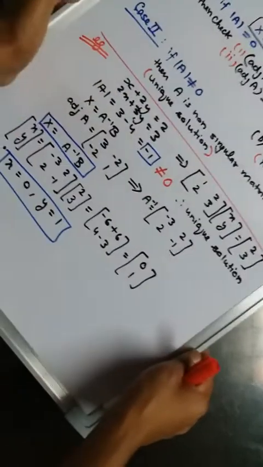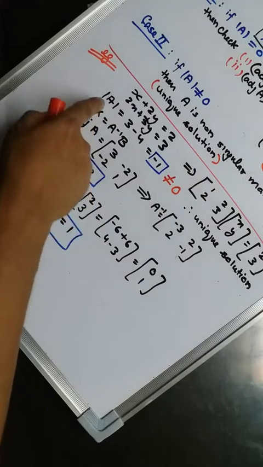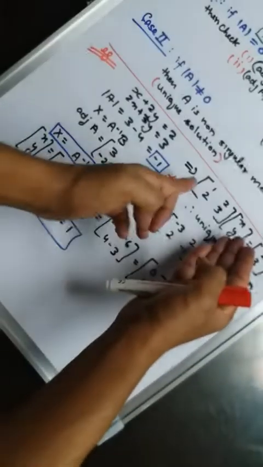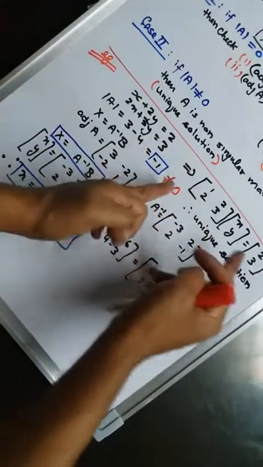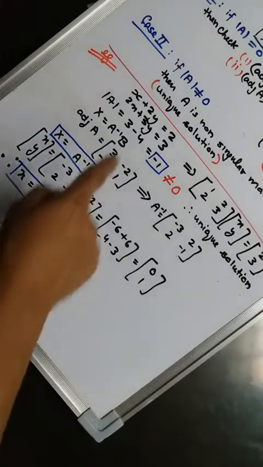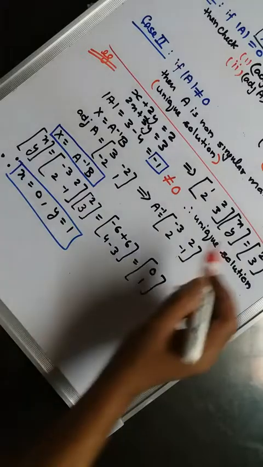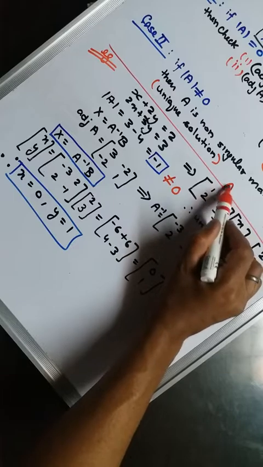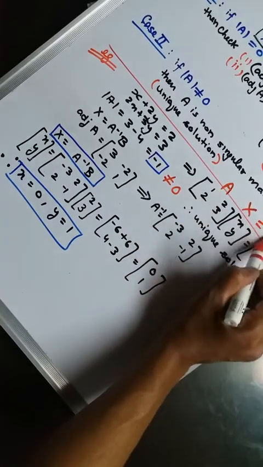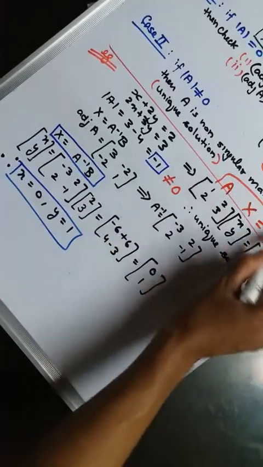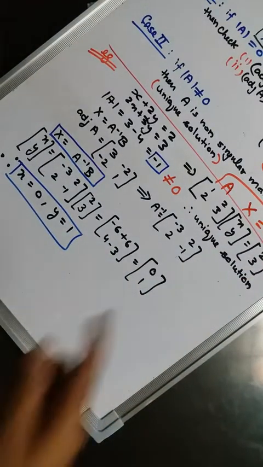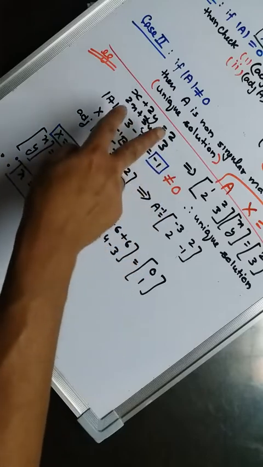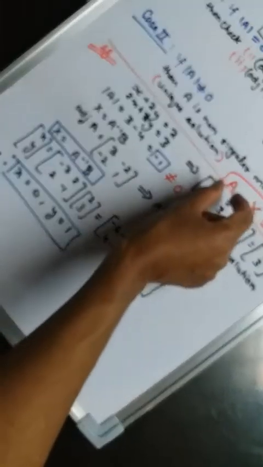follow the other step. So now taking out the determinant, first of all, frame this equation in the determinant form. How to frame? We have to write it like this: Ax equals to B. We have to write the equation like this always, whether it is a two variable equation or a three variable equation. So Ax equals to B.